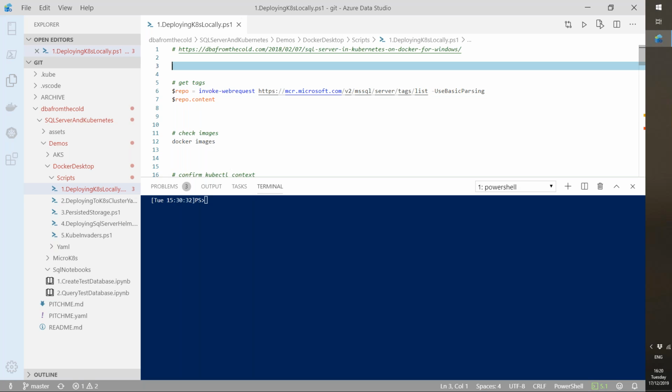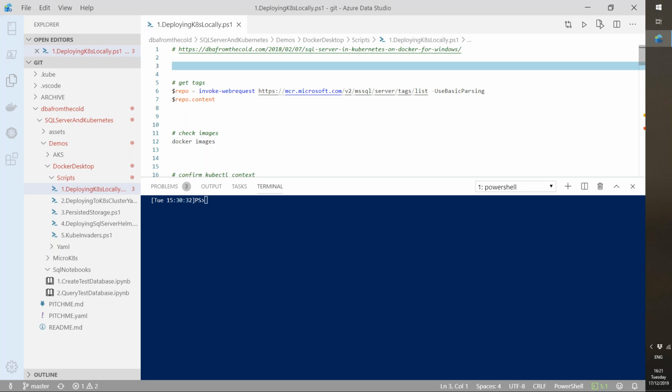So this is my Azure Data Studio locally here. And the first thing we need is an image to run our containers from. Now, this used to be really simple when Microsoft hosted their images on the Docker Hub. We could do docker search mssql and see the image that we wanted. We could even go online and type into the Docker Hub web GUI and see the images there.